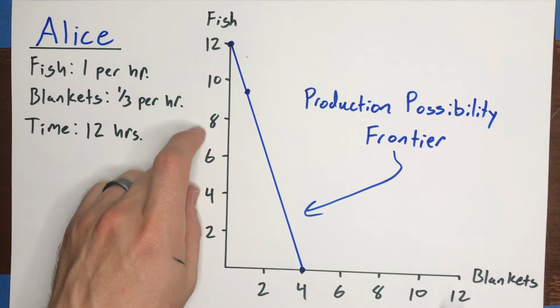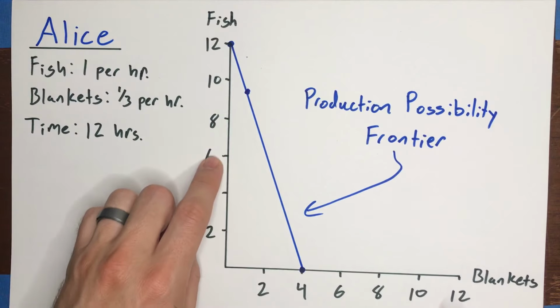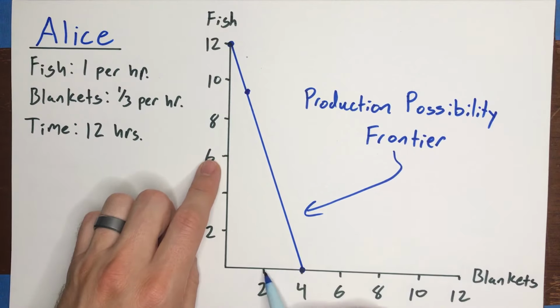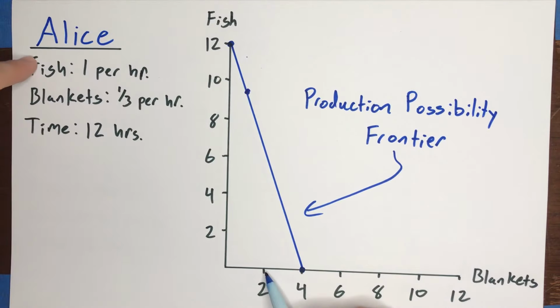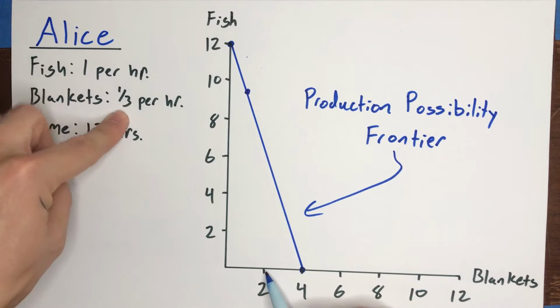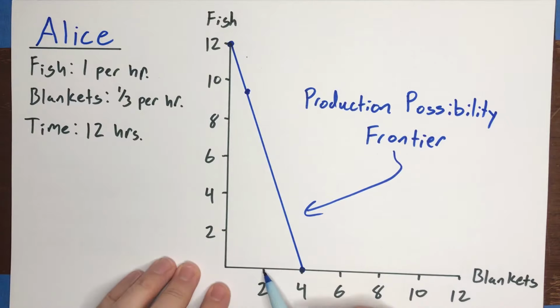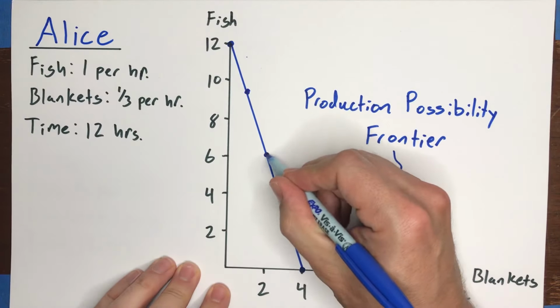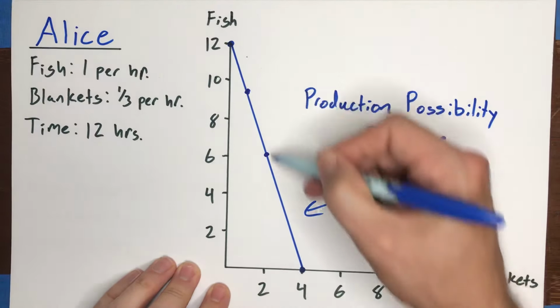If she wants to produce a second blanket, it's going to take 6 hours of her day. That means she only gets 6 hours to catch fish. She spends the other 6 hours weaving blankets, so she would get 6 fish and 2 blankets, and so on